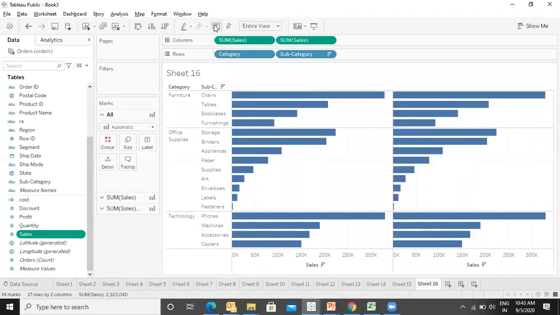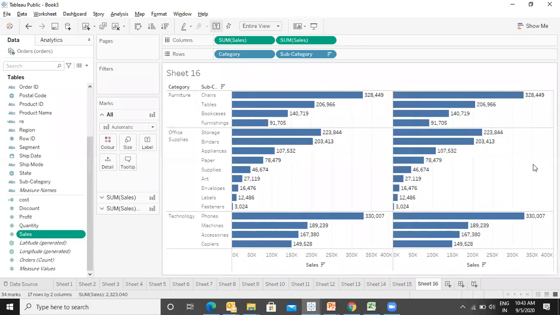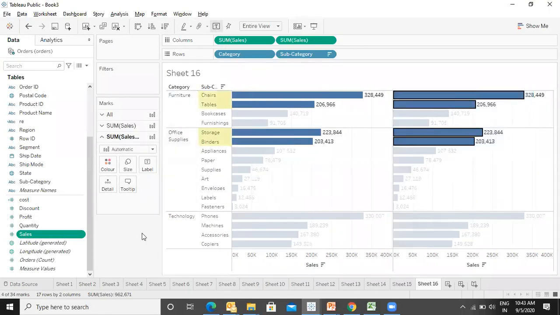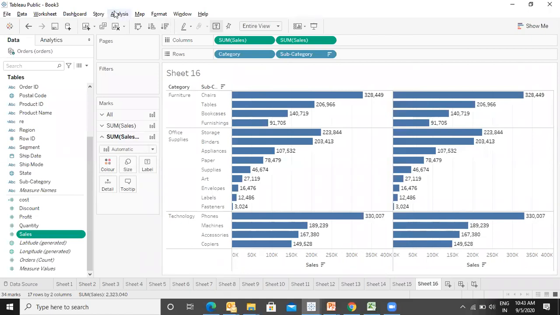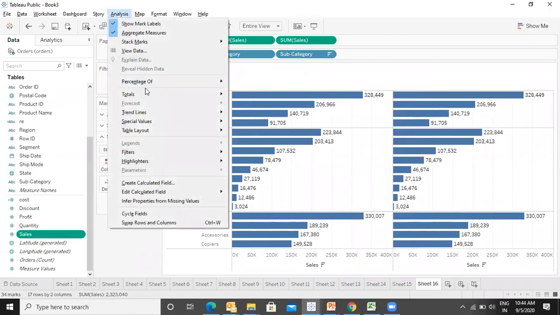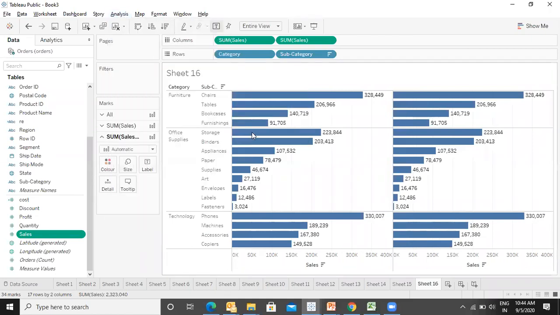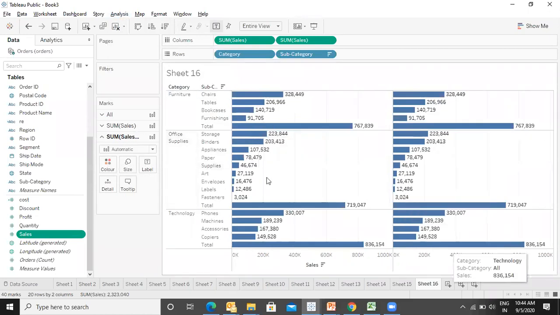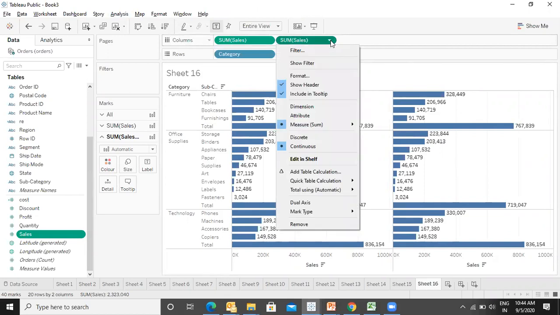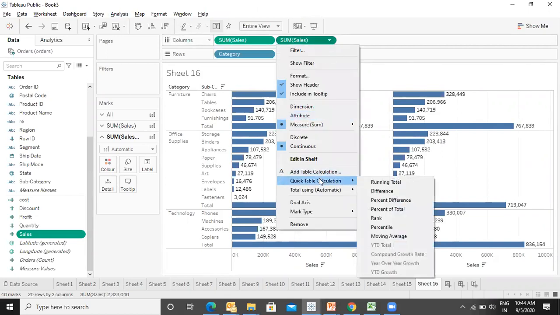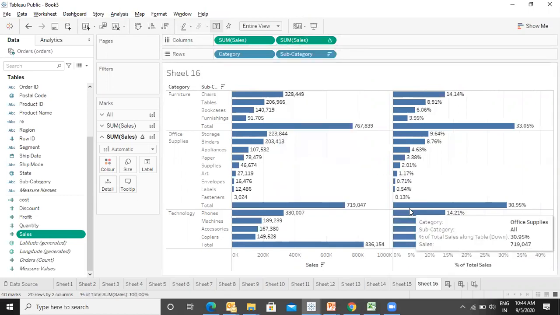I display the labels now, and I will also like to display the subtotals. So I will go to analysis, totals, add all subtotals. So I'm getting the subtotals as well. Now I will go to this second one, and I will say quick table calculation, and I will say percentage of total.